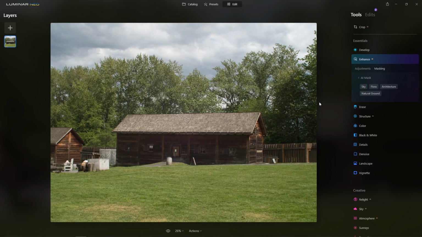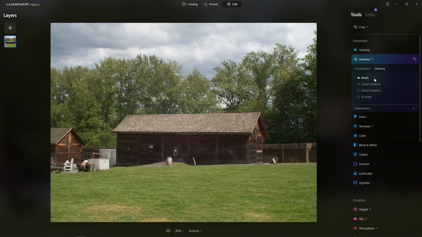So okay, there we go. So let's say I wanted to target, in this case I want to target the building, so that will be architecture. The moment I select that, it will select just that. Now in my case, I only want to target this building, so I don't care about this building or anything here. So what we can do, we go